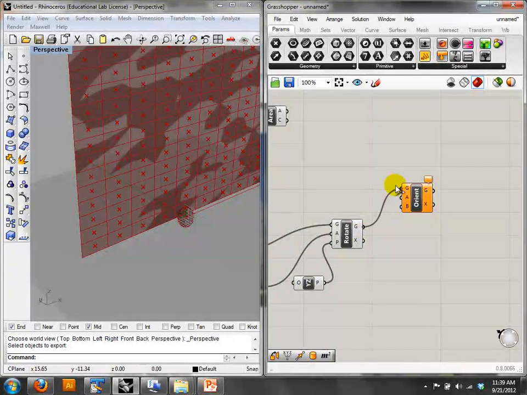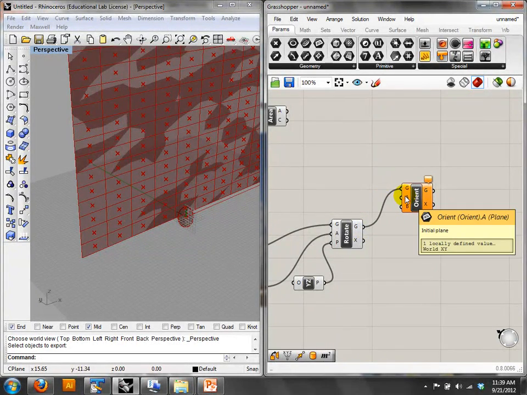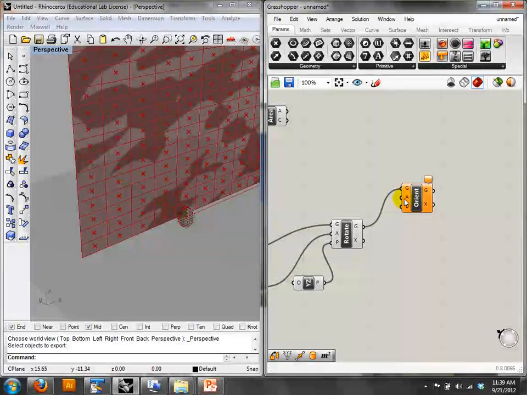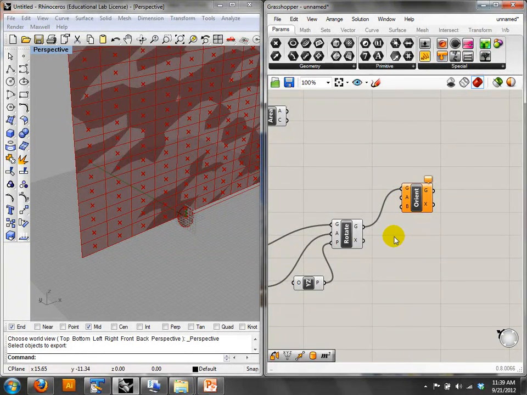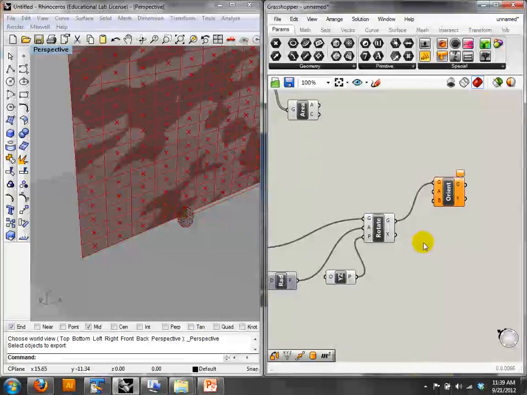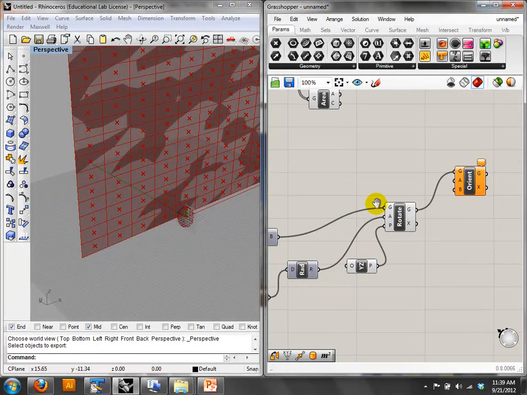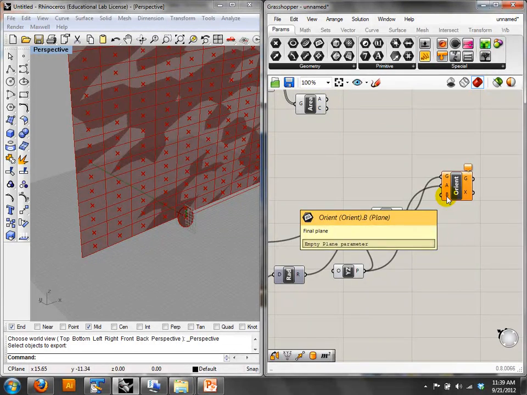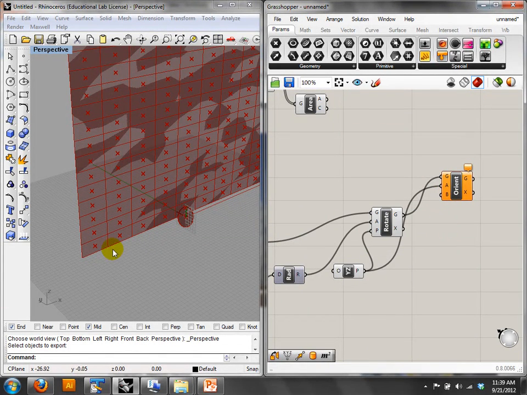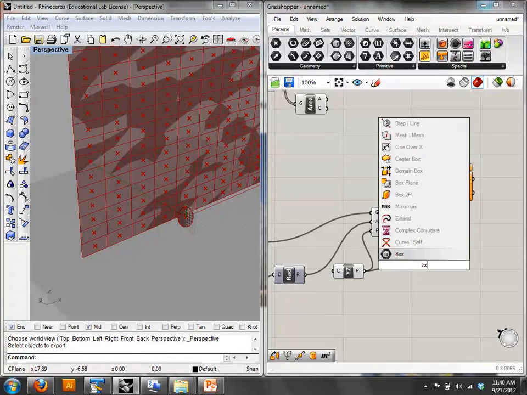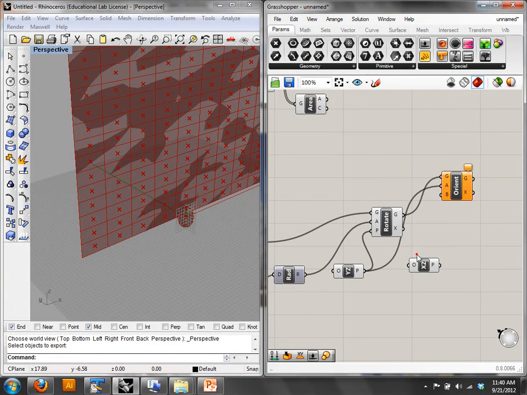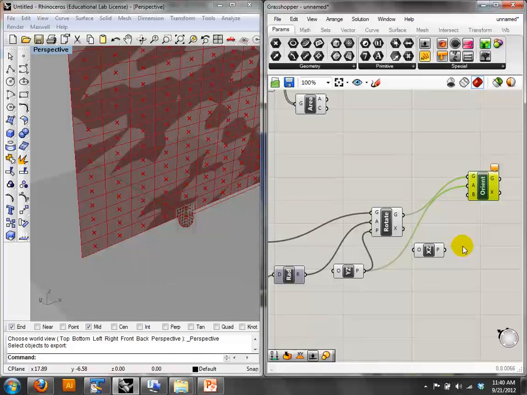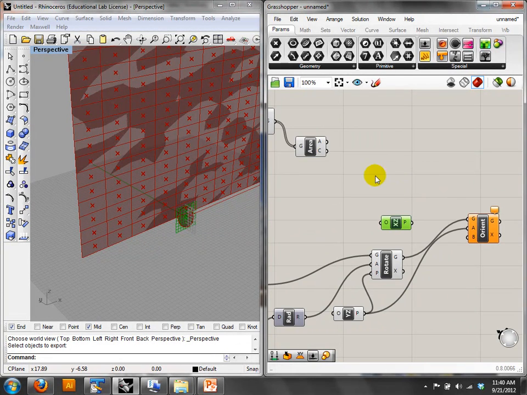And the Orient takes some geometry, and it takes 2 planes. It takes the initial plane and the target plane, and it allows you to basically make that distribution. Okay. So what I'm going to do is use the same plane that I rotated it in as the Orient plane, and then I'm going to take the ZX plane, because I want these to be flat. So ZX, XZ, let's get that backwards, as the, and then actually, here's the thing, I want to distribute